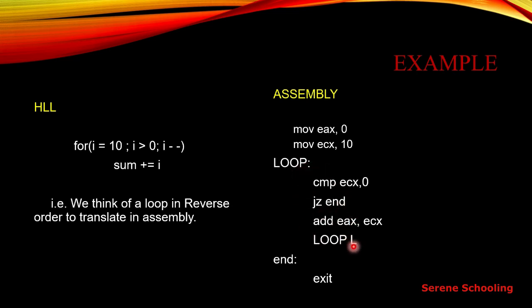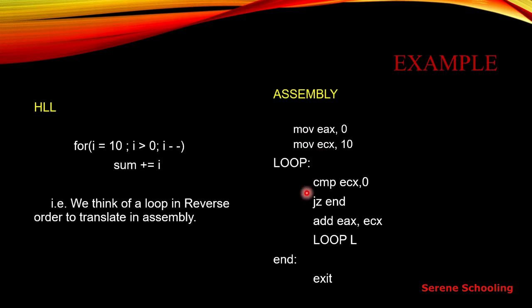Okay, and here you can see I'm writing this loop L. Basically it must not be that. I have used this L, so here also I have to use only L, not loop. It is by mistake. Okay, my label name is L because I'm calling it with L, so you can write L over here only. So this is how we execute the high level language for loop in assembly language.